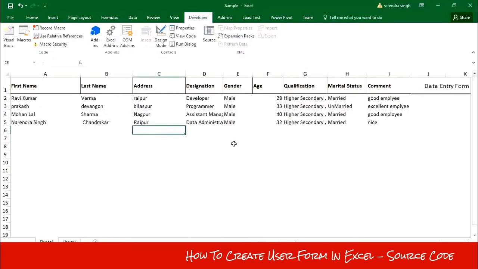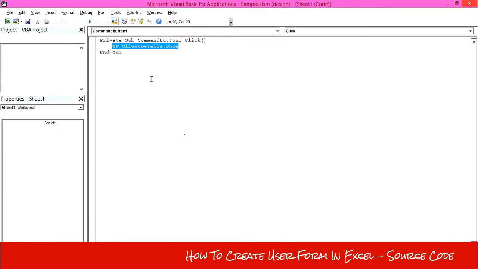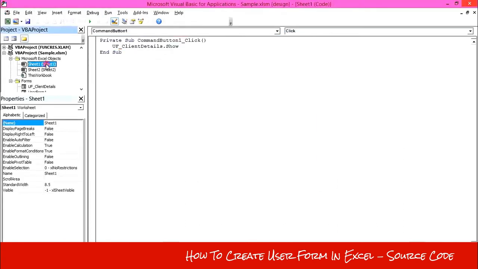Okay, finally I will run this program again, and one thing more, you need to create a command button to open the user form. So this is the command button, and in this button you need to write this code to show the user form.